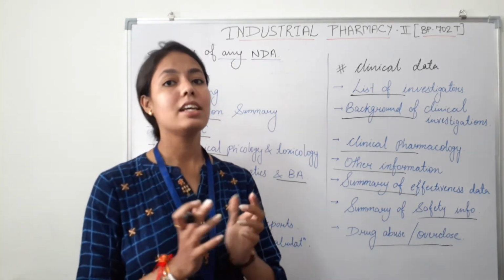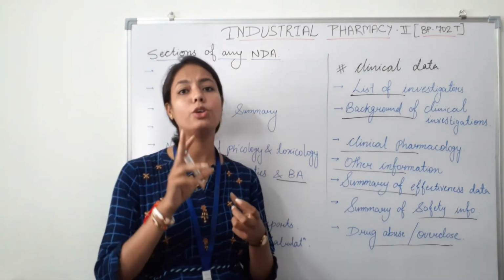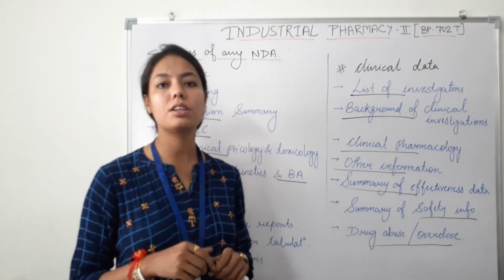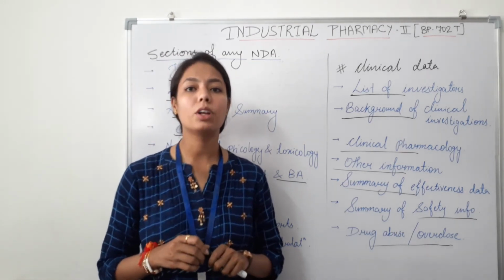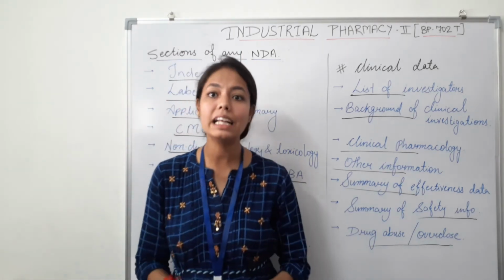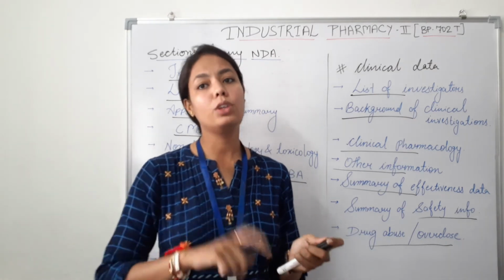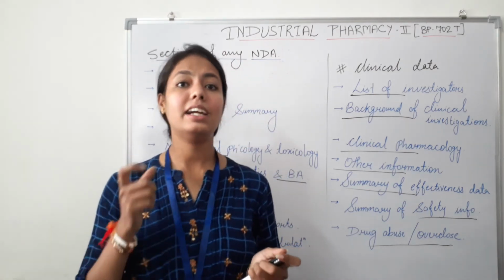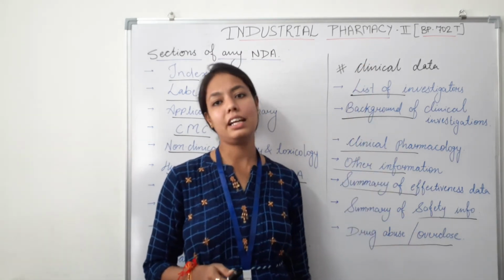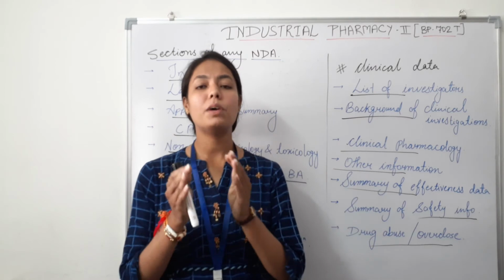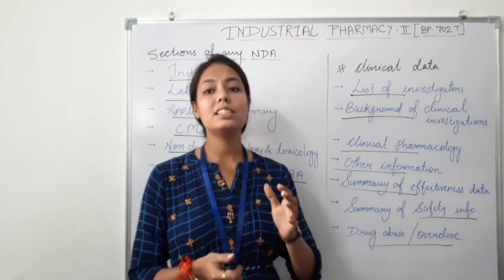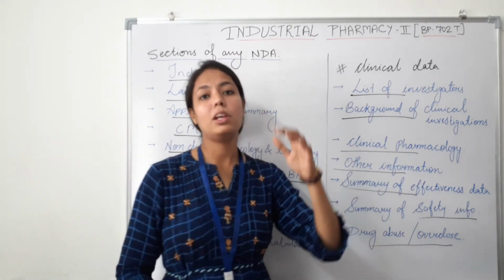After statistics, there are two more: case report tabulation and case report forms. First, let's talk about case report tabulation. This section includes the complete tabulation of phase 1 clinical pharmacology studies through the phase 3 efficacy studies. It must also include the tabulation of the safety data from all the clinical studies. So in this section, all the information from phase 1 to phase 3 is arranged in tabulation format.